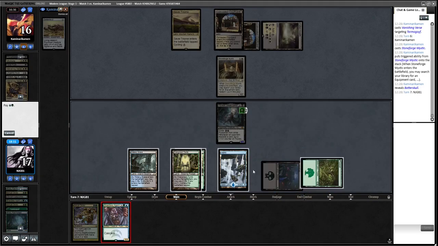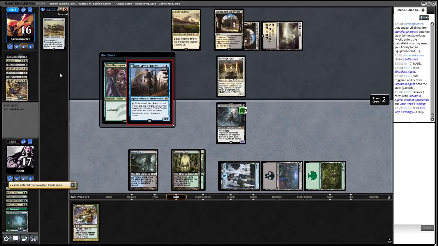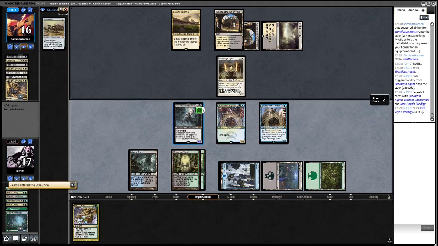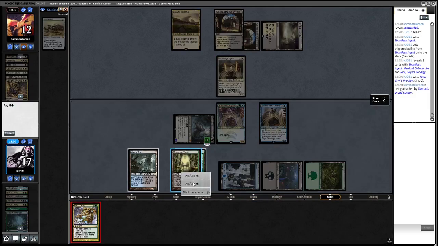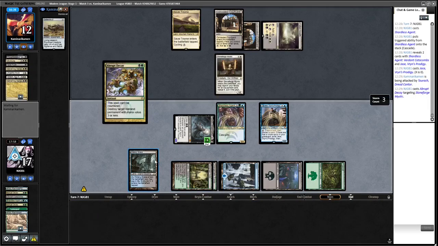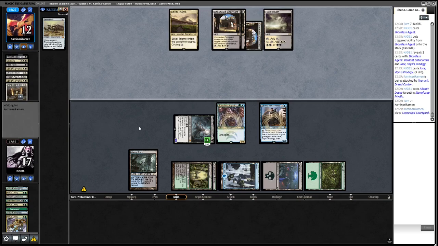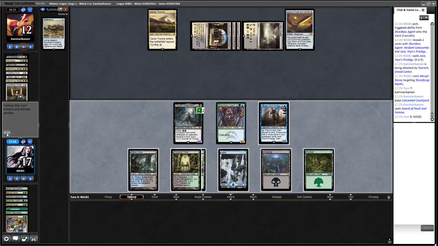Guess we'll do this first. Finding Shardless Agent is obviously amazing. Yeah, we'll cast the Jace. Bit surprised my opponent didn't play Souls. Yeah, we'll Decay the Mystic there. I guess my opponent can possibly play Batterskull next turn anyway. Oh no, they've got a tap land. Okay, there's a sword. That's a bit of a weird...